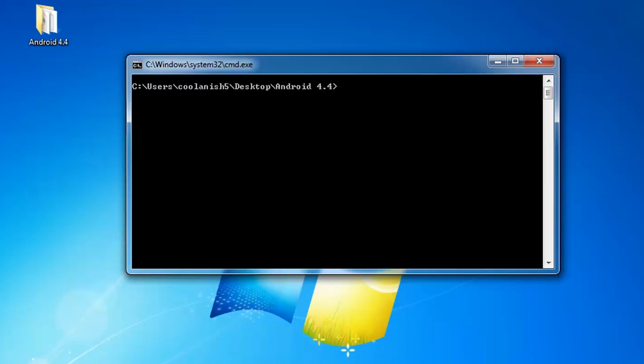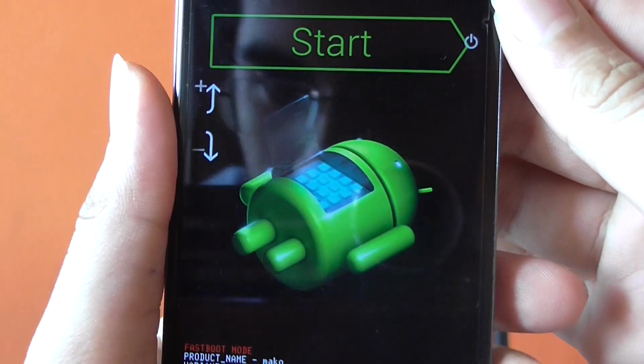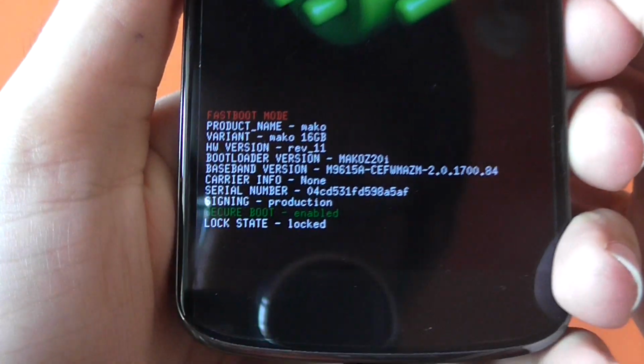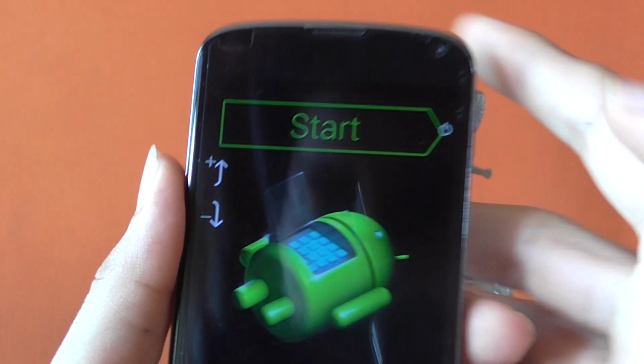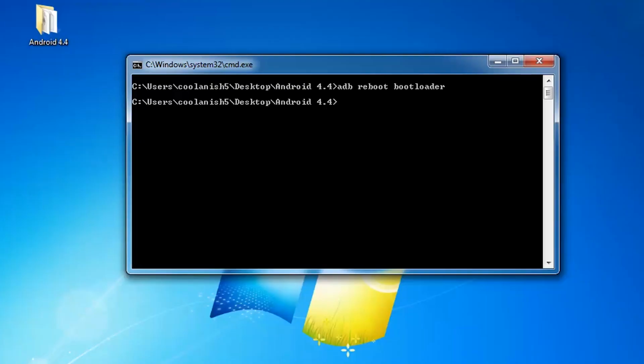In order to unlock the bootloader, let's restart our bootloader by typing in ADB reboot bootloader. Now we are in the bootloader menu, and at the bottom it says the lock state is locked. So let's unlock it by typing in fastboot OEM unlock and then hit enter.